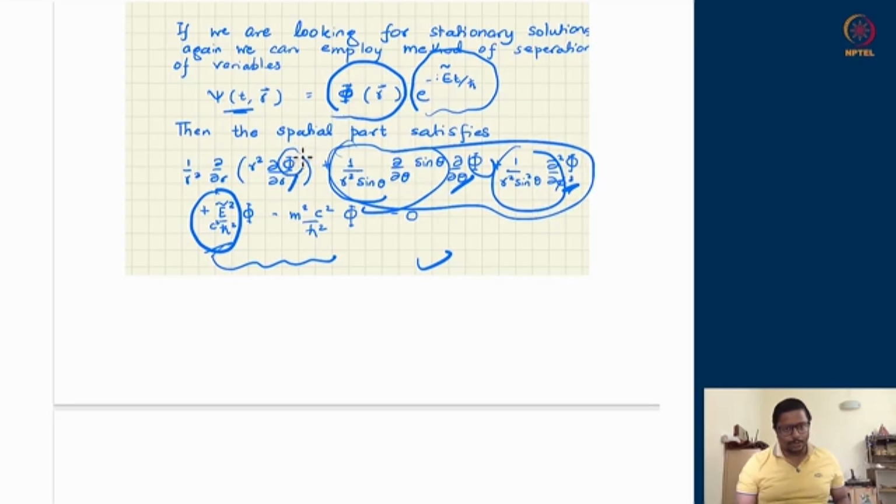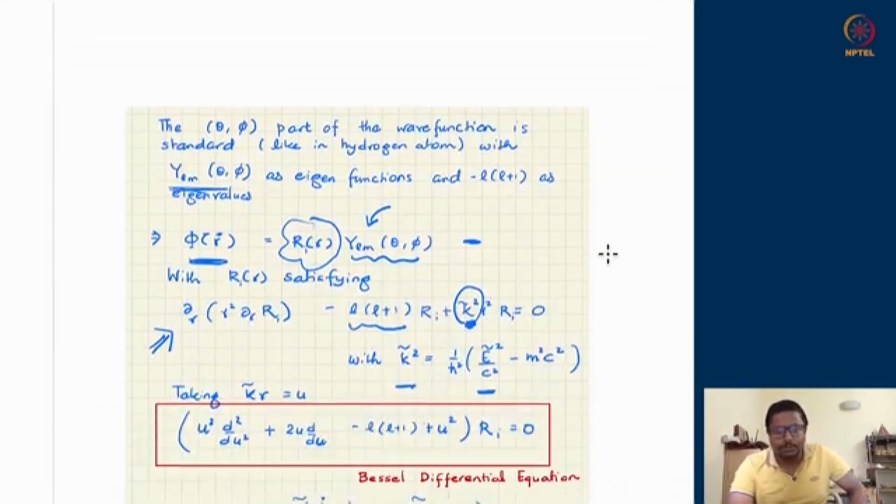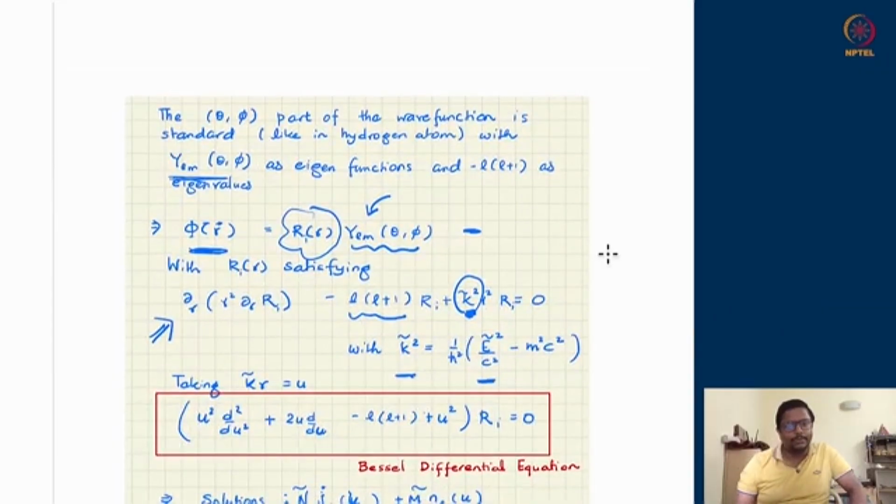This is also radial into Ylm(theta). And this part is giving me minus L into (L plus 1) times Rlm(r) times Ylm(theta). So Ylm(theta, phi) is common to everyone. I pull it out, send it towards the right hand side of 0, and the radial part is left